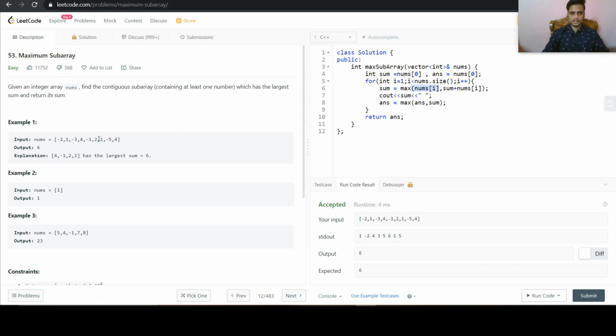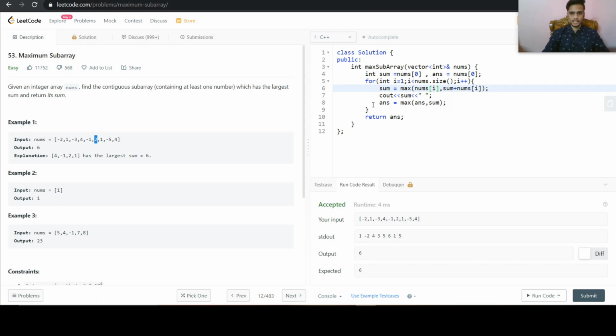The next encountered value will be 2. Our sum was till now 3, so now it will become 3 plus 2, that is 5, and the current encountered value is 2. So better is 5, so sum will become 5, and previously answer was 4.